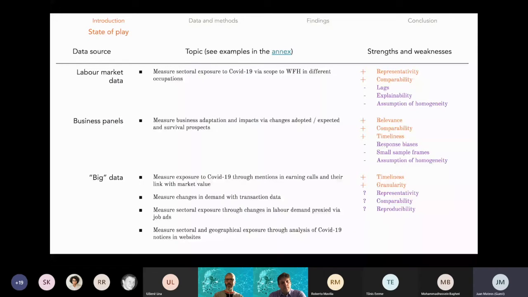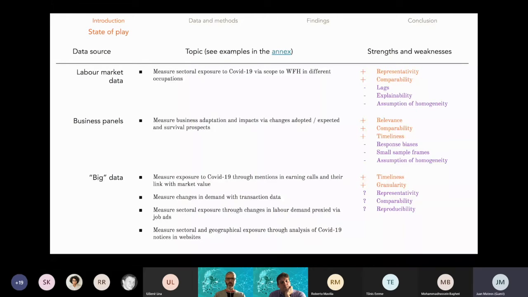And the idea is that websites might be able to tell you something about the impact of COVID-19 on individual businesses. This is timely. In principle, it could almost be real time, depending on your source. Like credit card transactions, you can literally pick that up in real time if you have access to the data. That's a challenge. It's very granular. You have individual transaction data. If you're looking at business websites, it's firm level data. So maybe it helps you break that assumption of homogeneity you have to make when you're working with the more statistical data sources. You don't have to do that with the